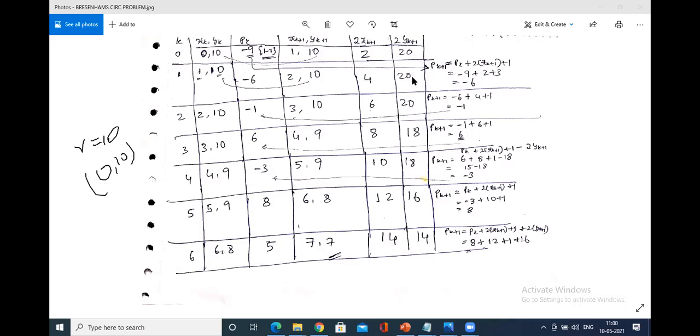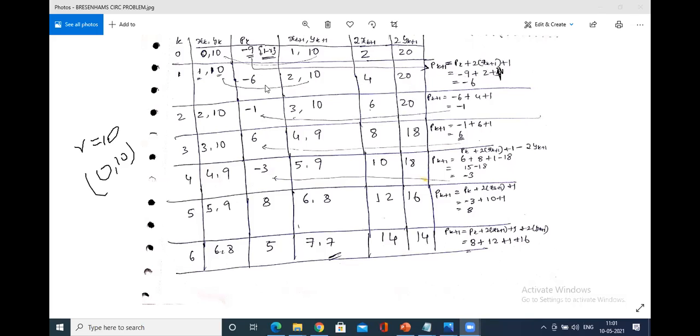So what is the pk value? It is minus 9 plus 2 plus 1, so it is 3 over here. Minus 9 plus 3 will be minus 6. So minus 6, this is not 3, this is 1. Okay, 1. Fine. So what do you do? Minus 6, you will input over here.